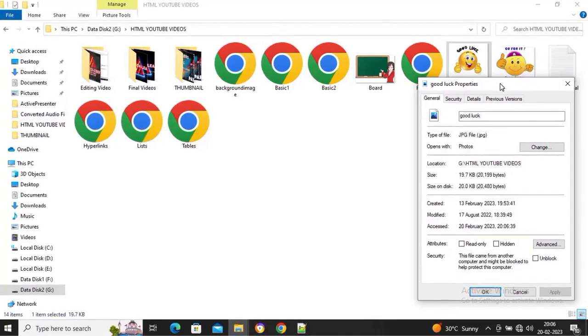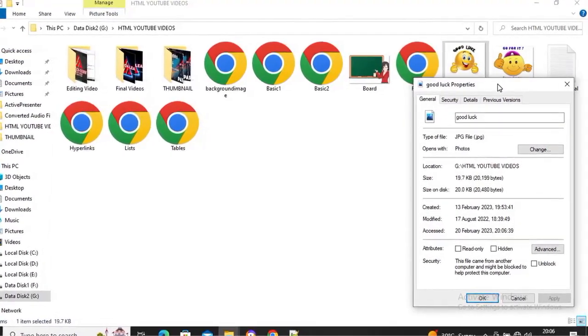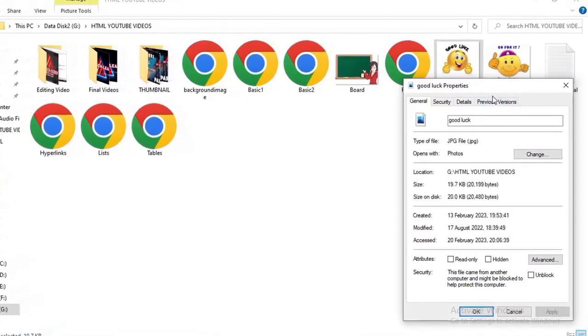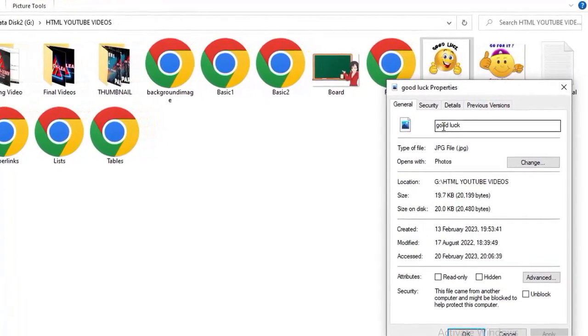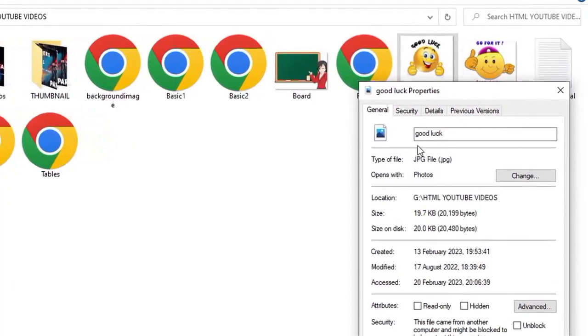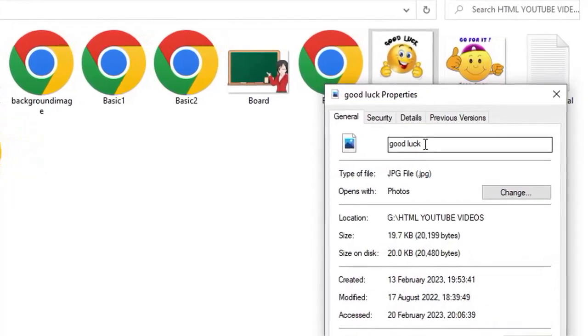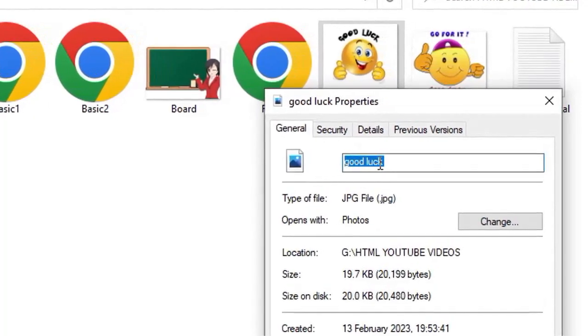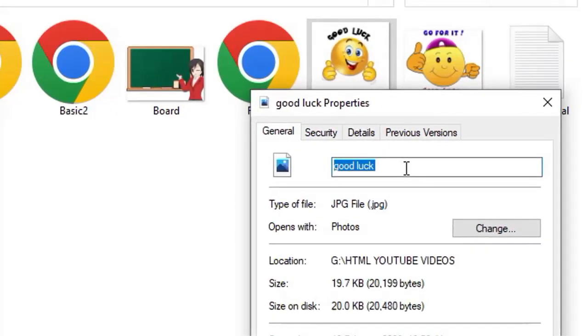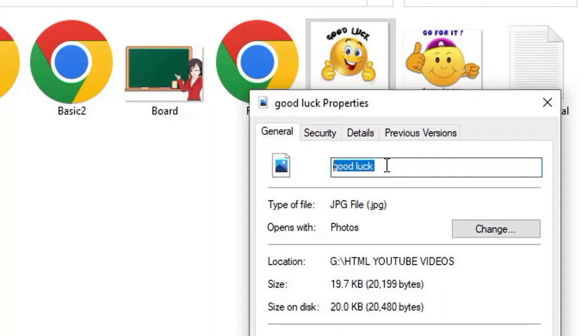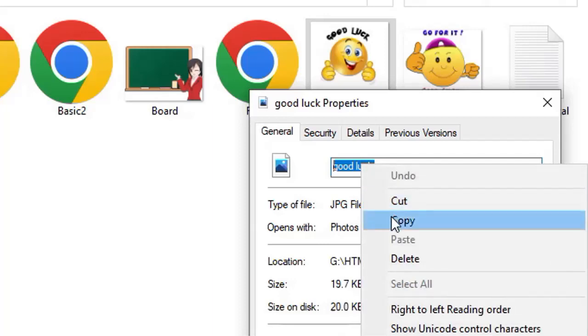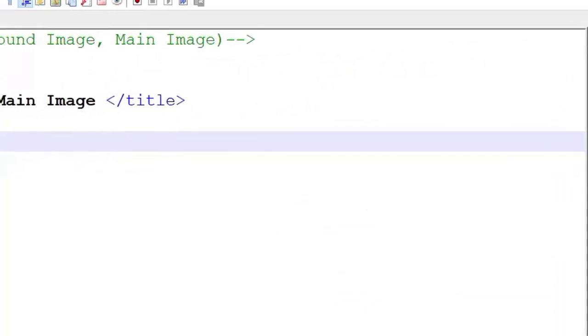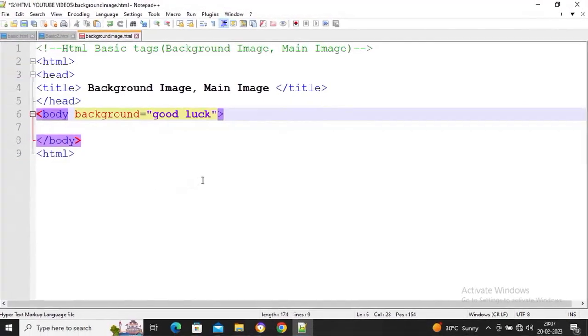and two things we have to remember when you're adding a background as an image. The first one is the name of the picture and the second one is the type of the file. You can see here we have the name of the picture, good luck. I'm going to copy this good luck. Sometimes you're going to see some numbers; copy the same thing, whatever is there in the name. So I'm going to copy the name of the picture, right click, copy,